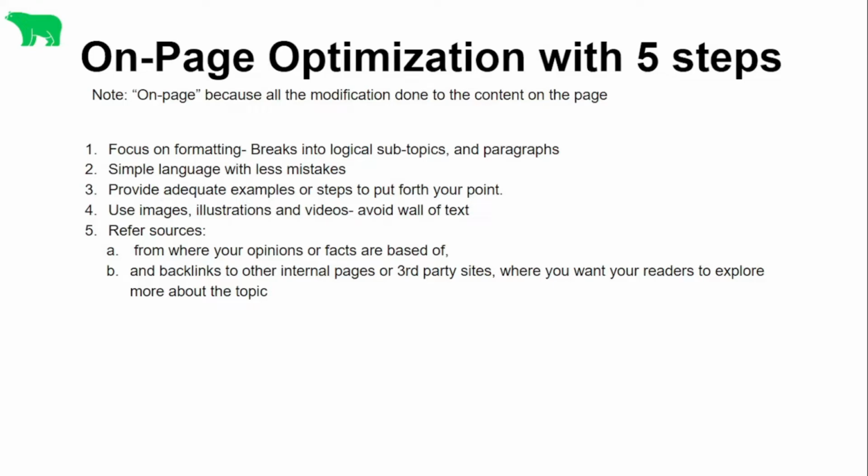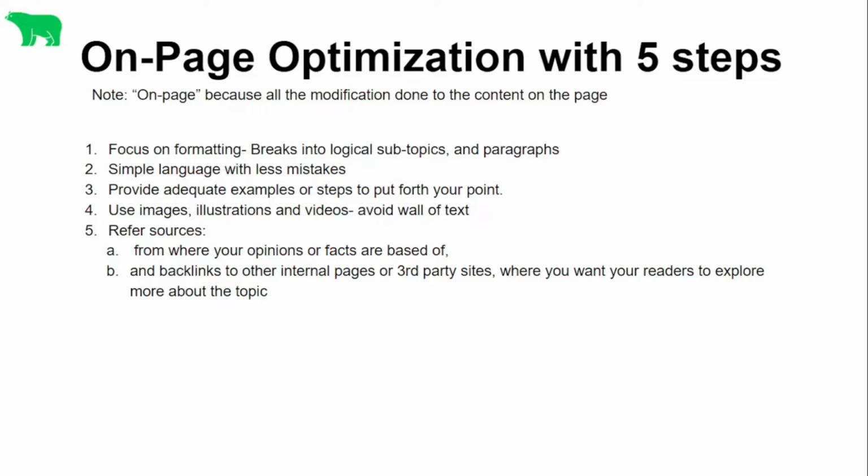Now, people do not want to read novels. They want plain, simple language without any bombastic words so that they can consume it directly, because B2B blogs have to be consumed easily so that people can take decisions out of them. The third point is adequate examples. Use adequate examples to highlight your notion or your ideas.